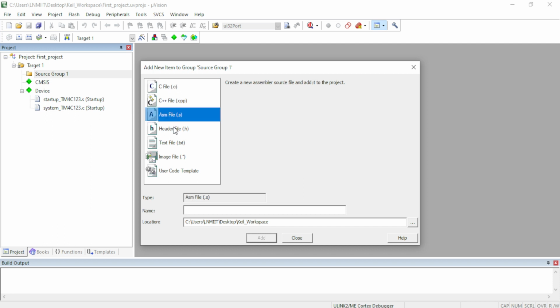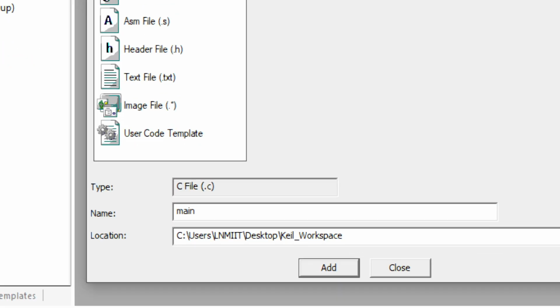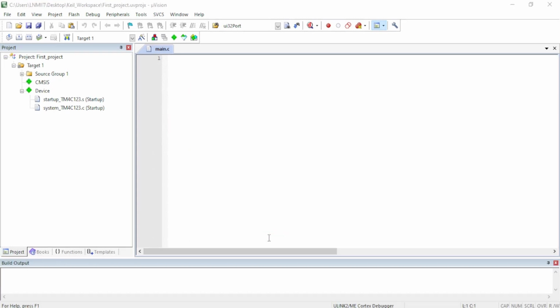If you are interested in creating header files, you can go for .h file and so on. So right now, suppose we are interested in developing the project using C file or .c language, then in that case, I will select C and then type here main, okay, and then add. So here we have the main.c file